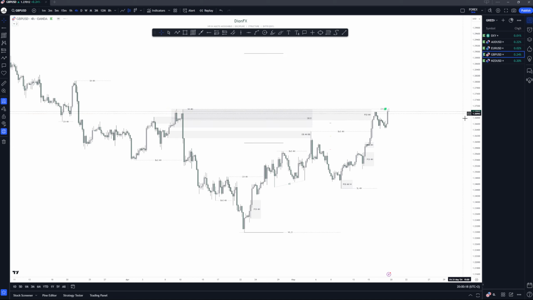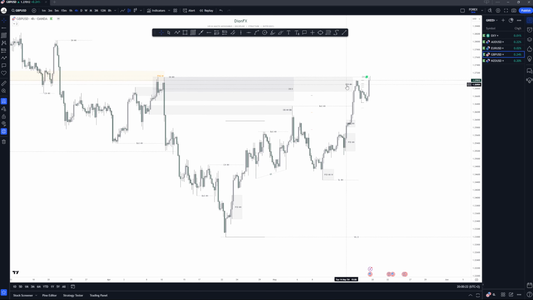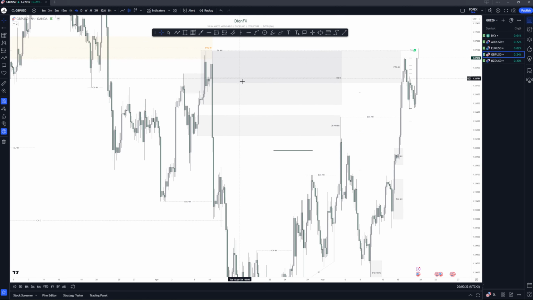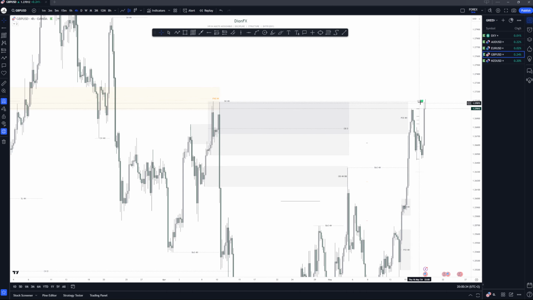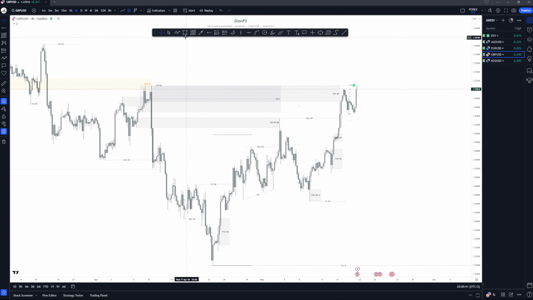For pound USD, similar to EU, we have an SMT right here. So people were selling right here, but I personally wasn't really confident of selling right here. I told the members that I will not be selling from here just because these highs are too clean, they are too equal. I like to see price go up and take it out. And like we see right here, this old high has been taken out, right? Right now, I will not be selling this pair, and I'll also not be buying it because it doesn't match the bias that I'm having for DXY.